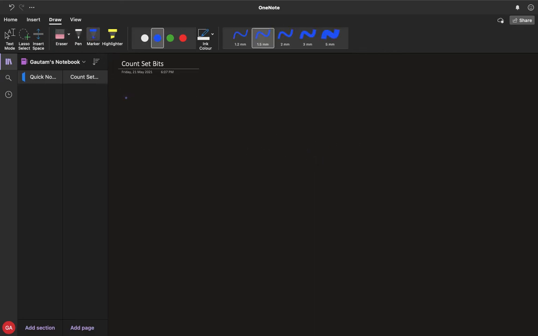So let's take an example of number 5. The binary representation of 5 is 101. Considering the naive solution, we could simply check the first bit of this binary number, and every time we check this first bit, if the bit is 1, we will increment the count, and if not, we'll just leave it.